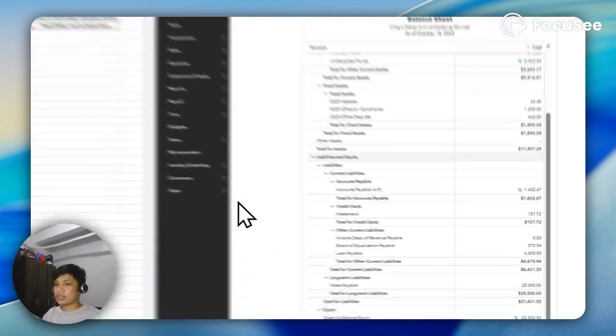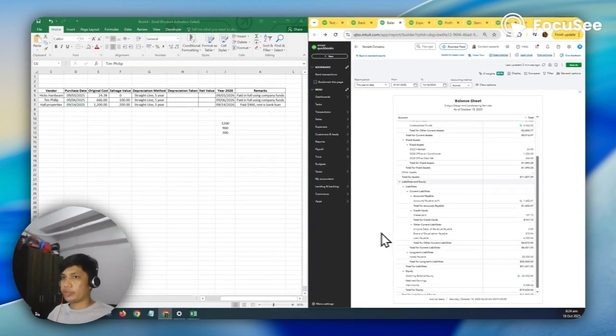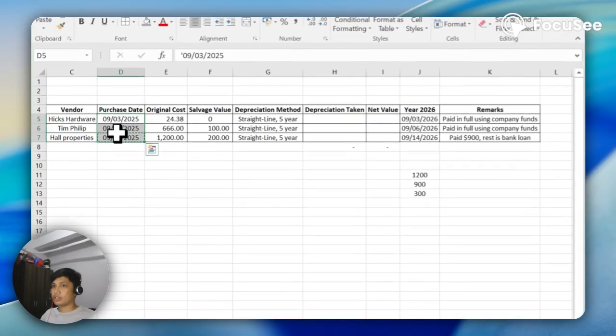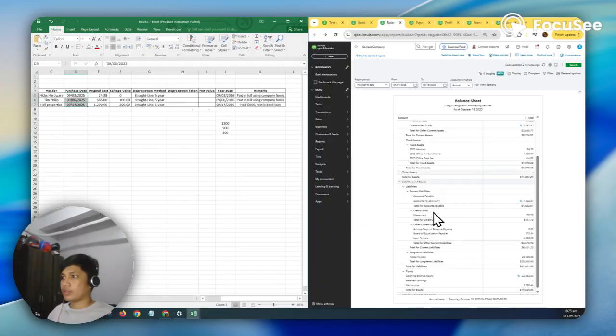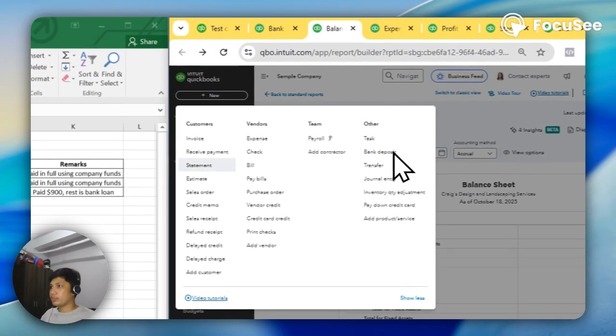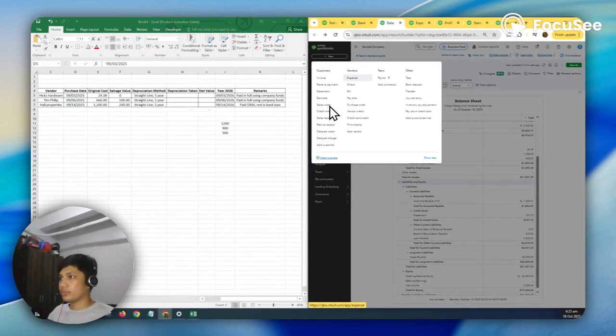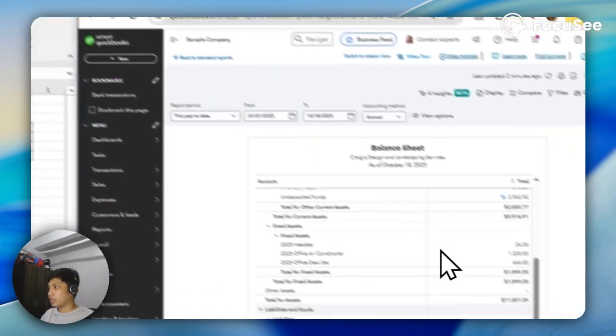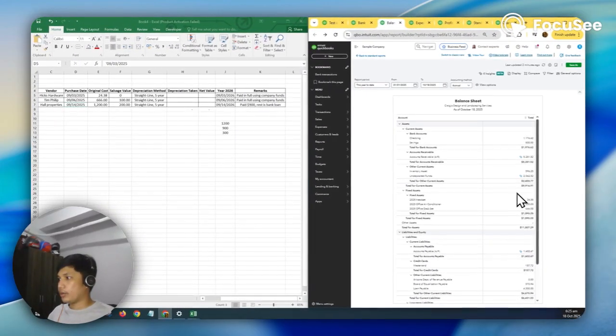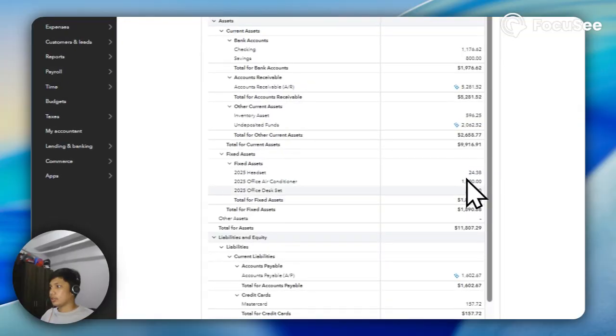But that's the process. After you record it in QuickBooks using the expense form, from vendors and then journal entry, you have to check in the balance sheet if it's reflected.